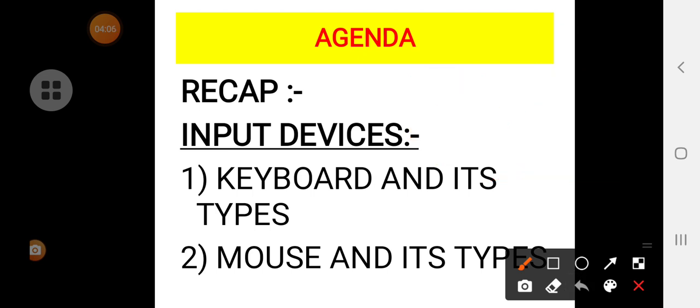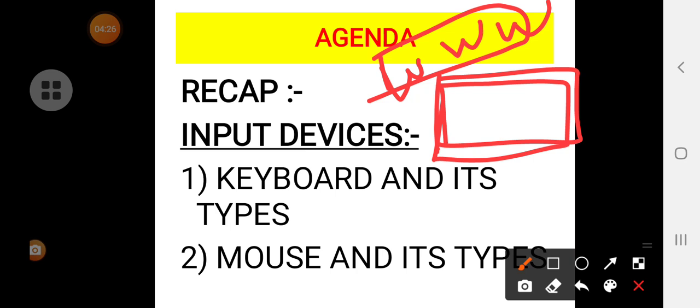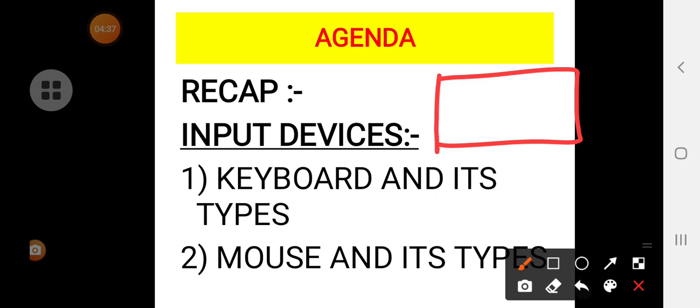Next we discussed the virtual keyboard. Virtual keyboard means the pop-up appears whenever there is a requirement of the keyboard, whenever we type anything. For example, here I wanted to type www.google.com. At that time a pop-up appears, and that is called a virtual keyboard. Next, what else did we discuss? We discussed the compact keyboard.